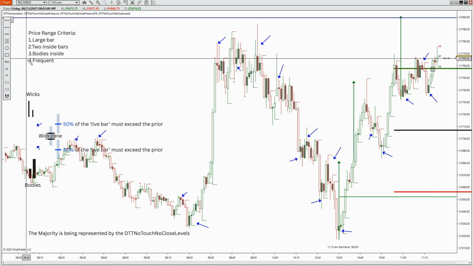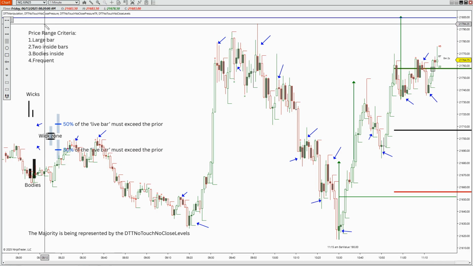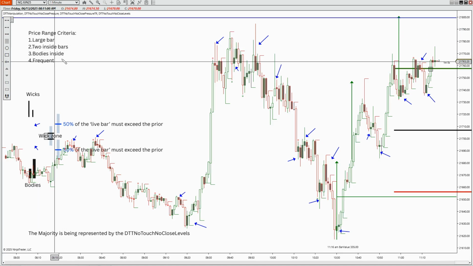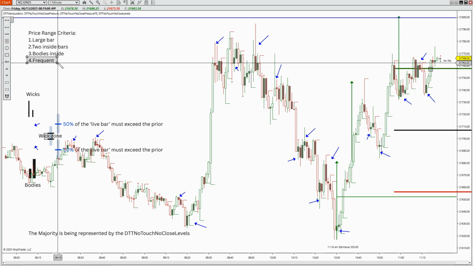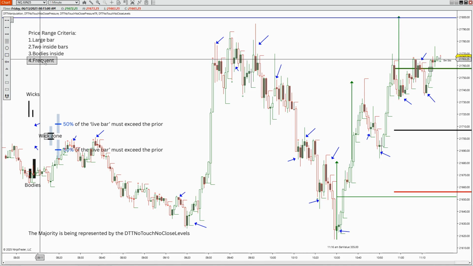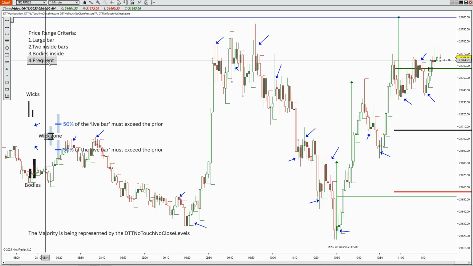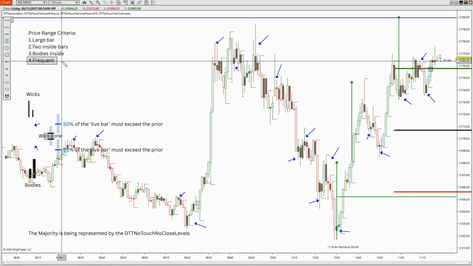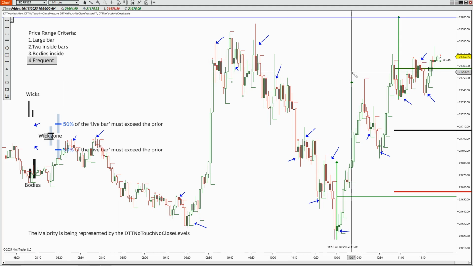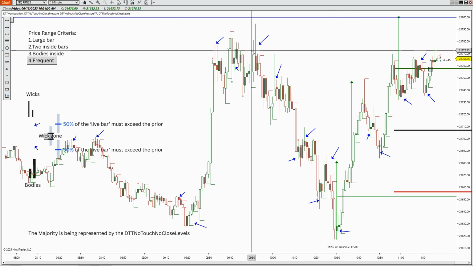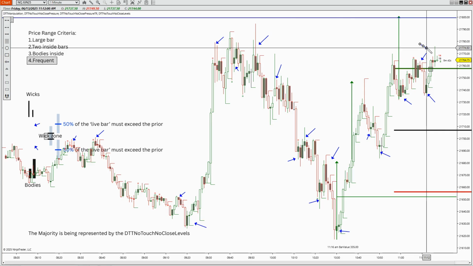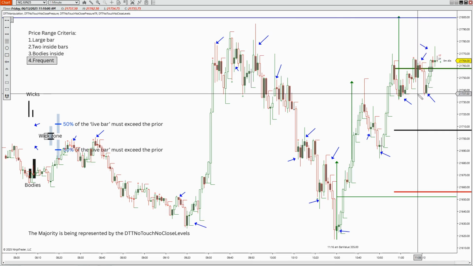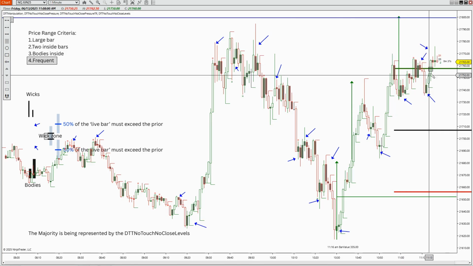But the video is primarily about this information here. And I really want you to take this in because of how frequently it does it. It does it so many times in a day. I don't want you to, of course, get stopped out prematurely or have yourself thinking that the market won't continue on in your direction. I know we're getting the two inside bars again. They're giving them to us again. A lot of activity up here.